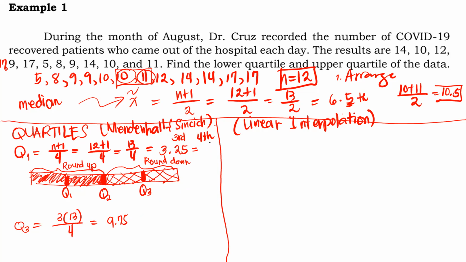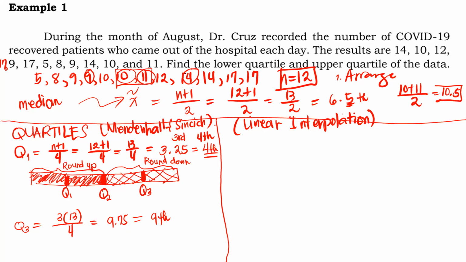I said round up, so it's your fourth data. While if your data is at the 9.75th position, you round down, so that is the ninth data. So your Q sub 1 will be 9 and your Q sub 3 will be the ninth data. So 4, 5, 6, 7, 8,